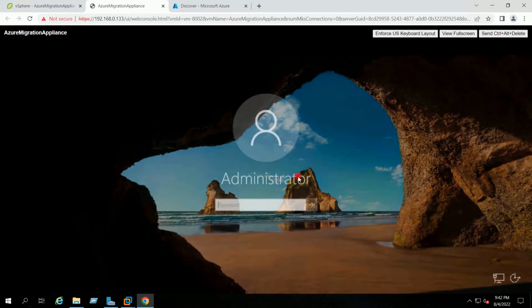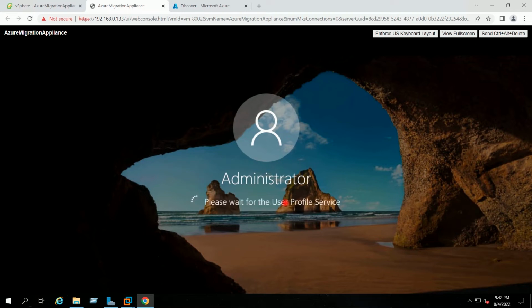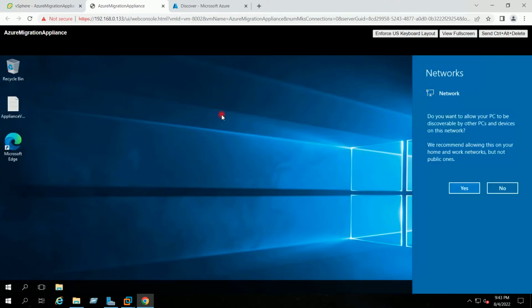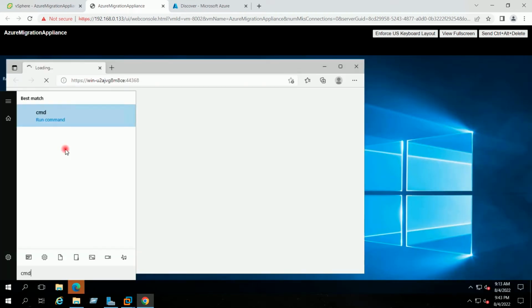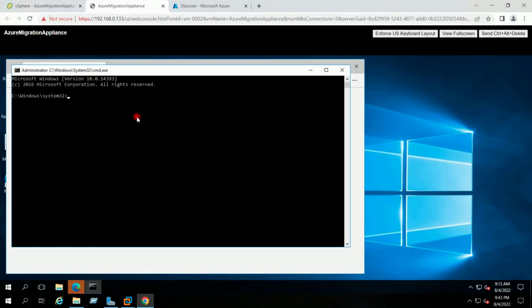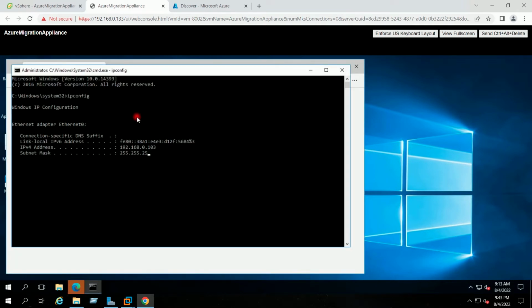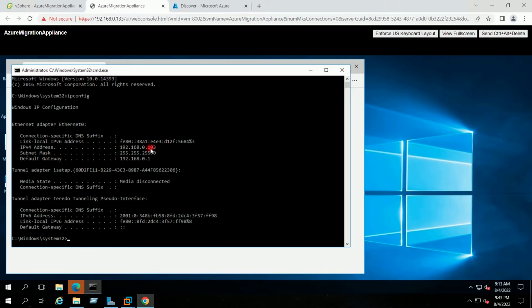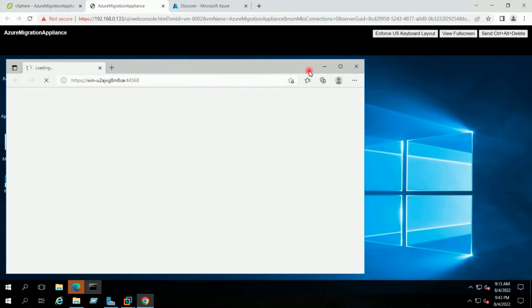I will press Ctrl Alt Delete. I will provide the password for the administrator which we have just set. It has taken the IP address from DHCP. If I go to command prompt and give the command ipconfig, this is the IP address of our migration appliance.